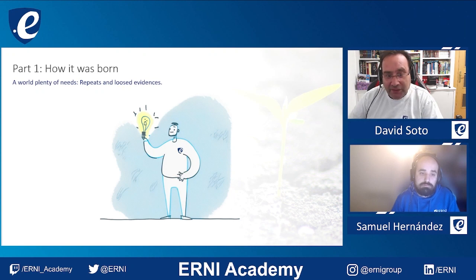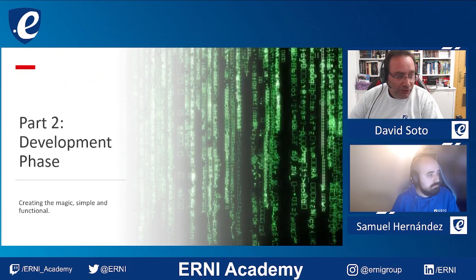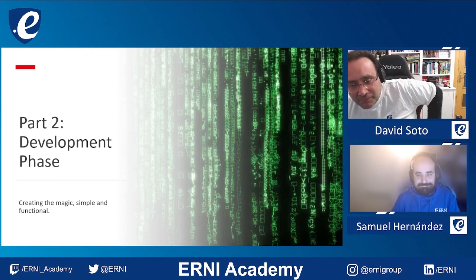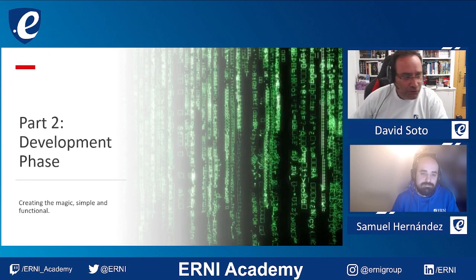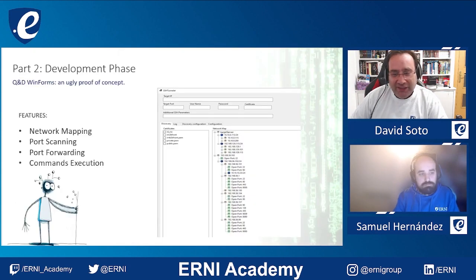But we have a statement, a goal, a target, and we go for it. So it sounded good, so we start the development process. So, part 2, development process. We want something that was easy to use, functional, and that achieves what we want. So we start with a proof of concept, an ugly, really ugly proof of concept,